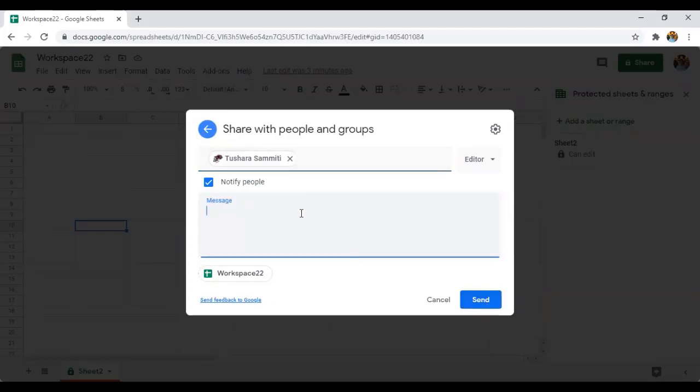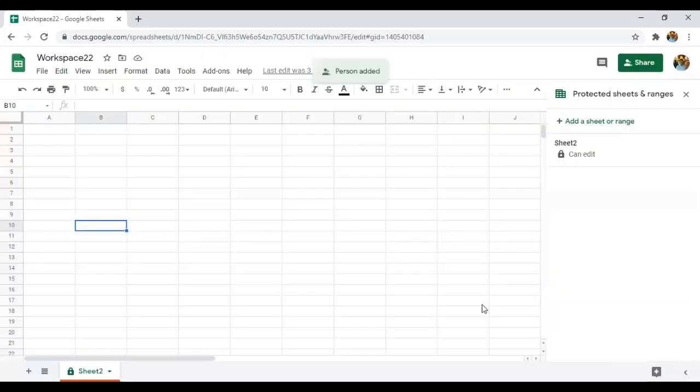And if you want to give any message regarding the sheet, you can write it and just click on send. That means the sheet has been shared.